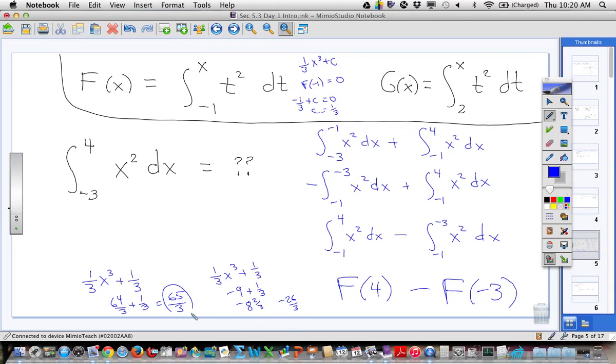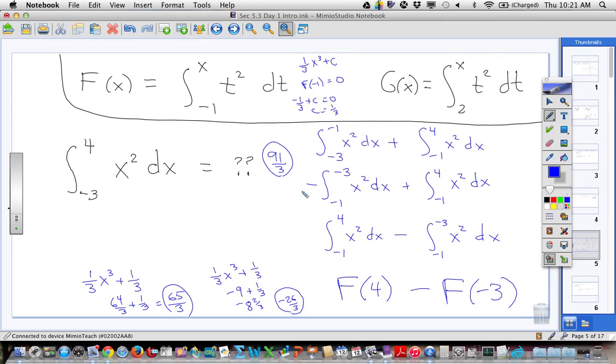And then wouldn't I take this minus that? So it'd be 65 plus 26, that's 91 thirds. Isn't that this area then? Now again, you're not going to have to do this. I'm going to show you a shorter way. We're going to have a shorter way, but isn't that what that is saying? Yeah. Okay, now